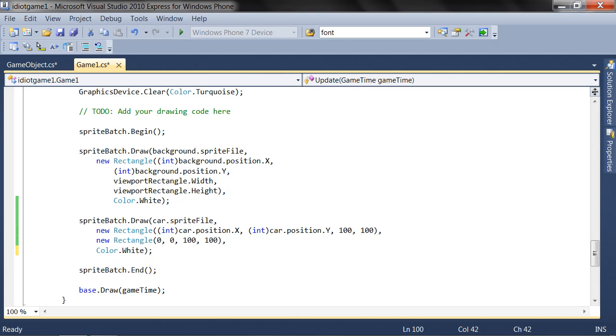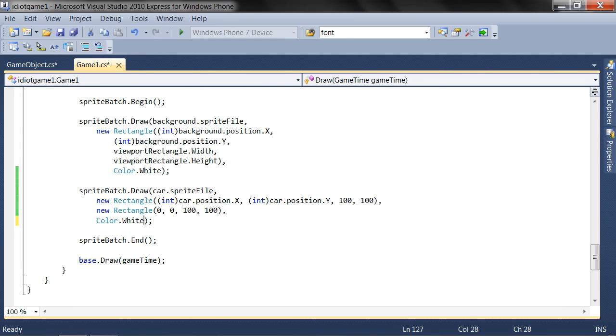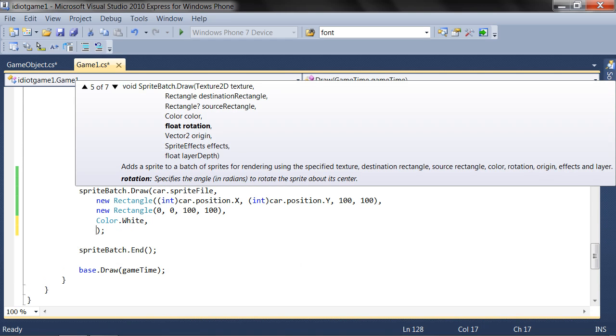Now, just to make sure the rotation actually comes into effect, we need to add more to the draw call. So car, you see now we've got a much longer list of things that affect the car. We're only concerned with rotation, but we still have to fill in these others. So car dot